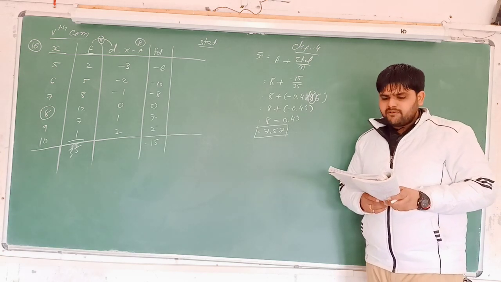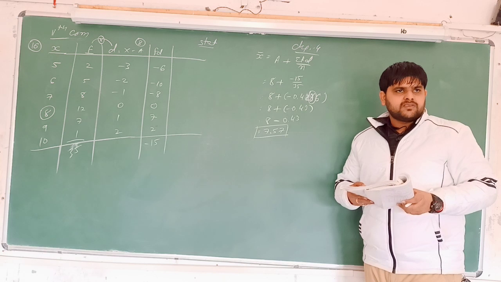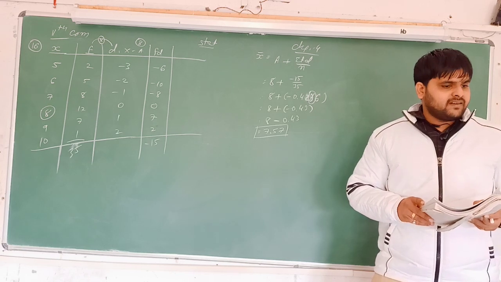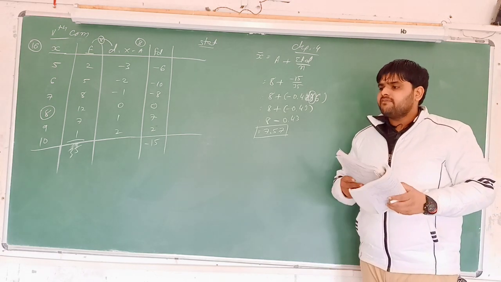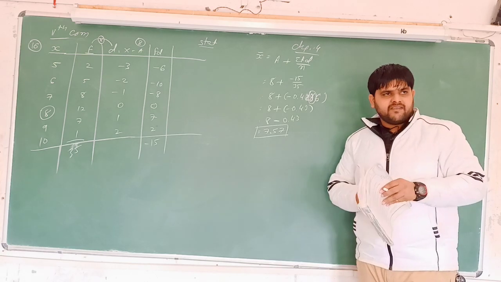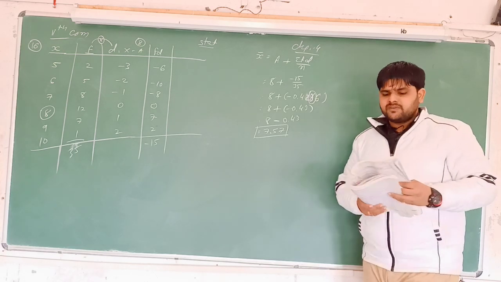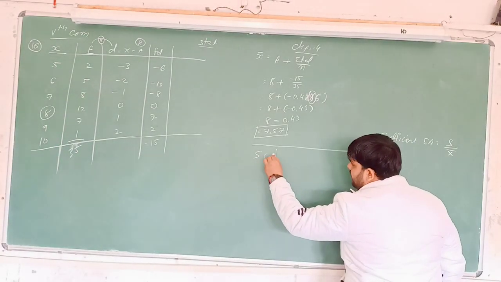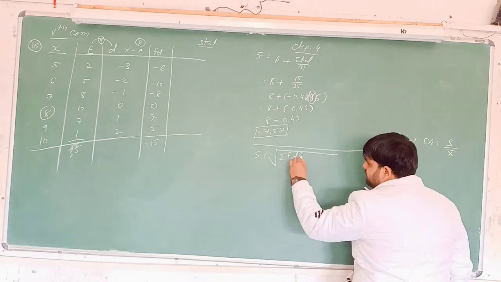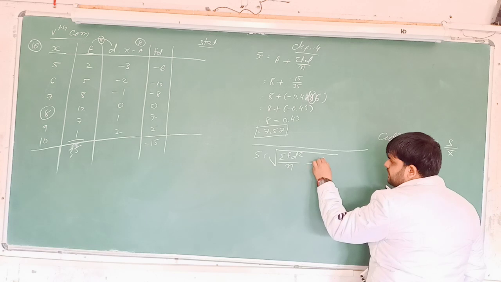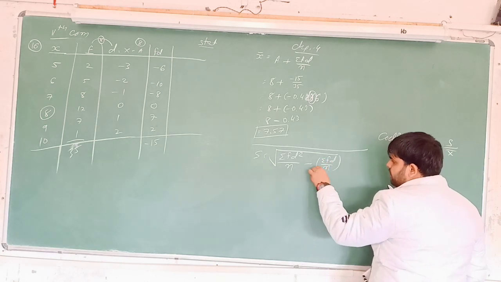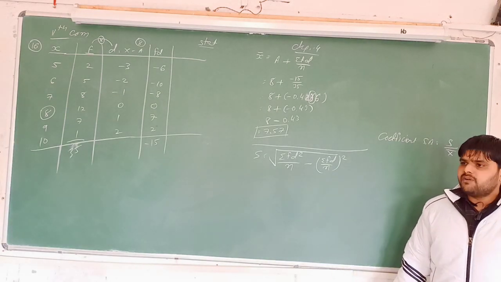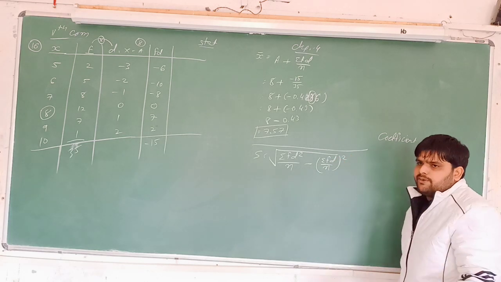Now what do we have to do? We have to find out the standard deviation. So how can we find the standard deviation? Using which method? Shortcut method. Okay. So again, what is the formula for finding the standard deviation in the shortcut method? S is equal to the square root of sigma FD square upon N minus sigma FD upon N whole square. Is it right? Clear? So sigma FD we already have, so no need to find it.